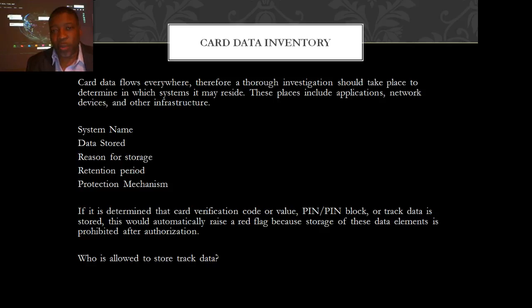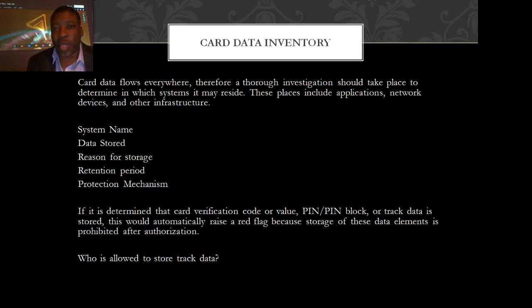The issuer. Remember in the previous videos I talked about the issuer being the bank. So they may have track data, cardholder data, but those things that are used, those tracks that are used in order to create the cards to send to you. So they may actually have that information, or they may be testing something,